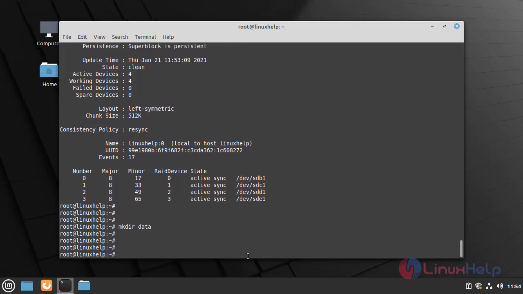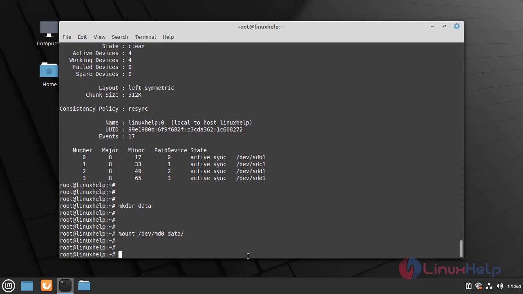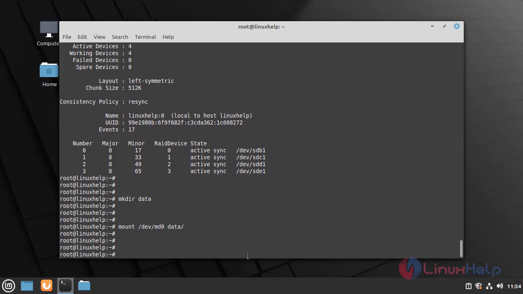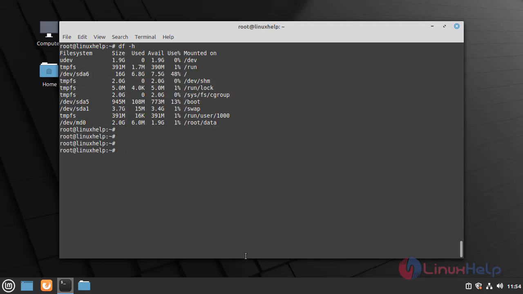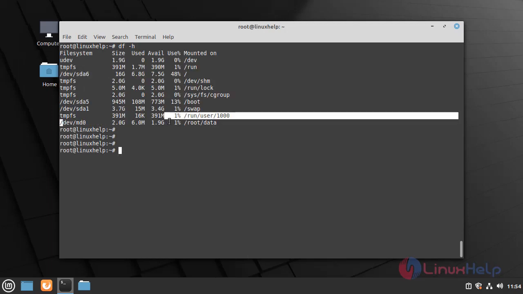Now I am going to mount the RAID to the newly created directory. The RAID is mounted. Now check whether the RAID is mounted or not. Here the RAID is mounted successfully.